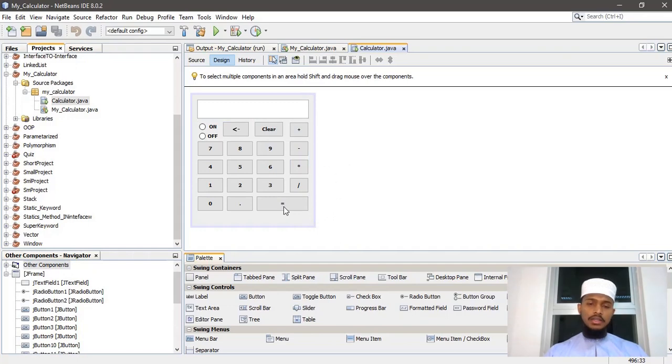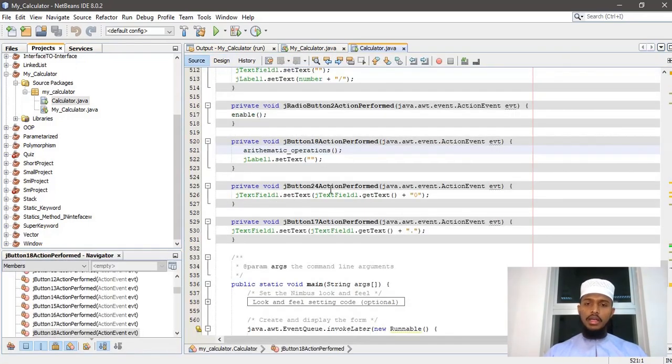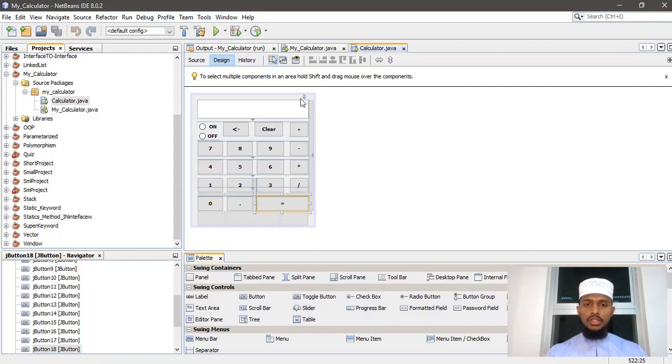Now let's discuss the equal. You can see here, this is the J label, and then the equal will work according to the arithmetic operations. So we use arithmetic operation here, and then we call the J label. What is the J label? The J label will generate what the user instructs the